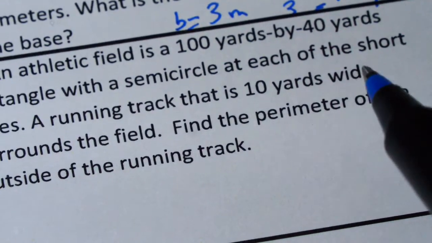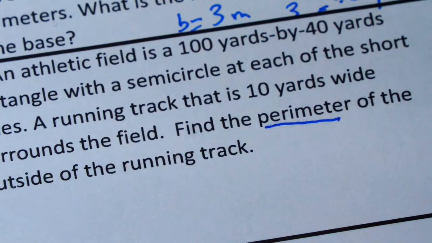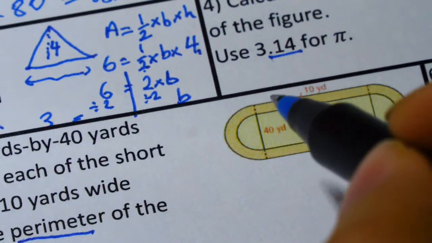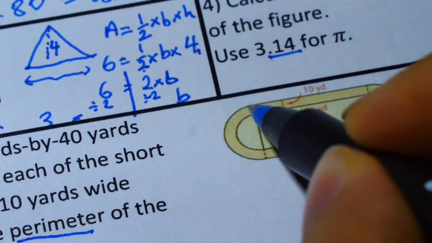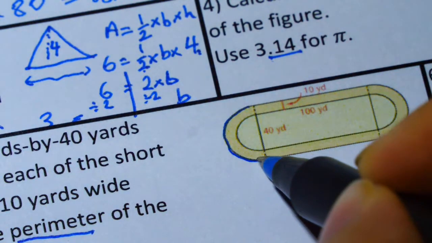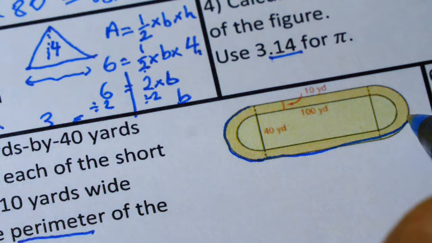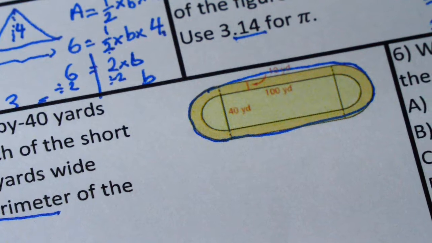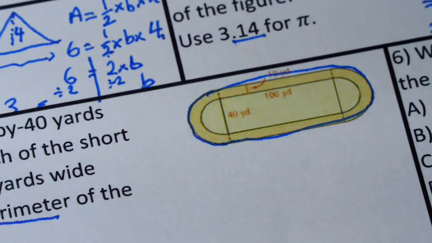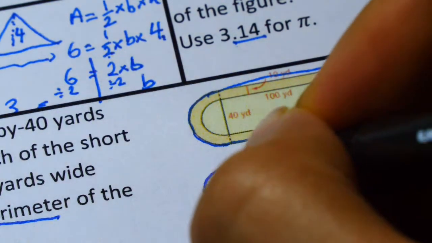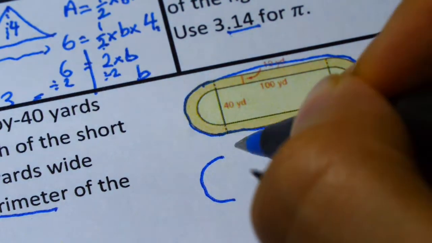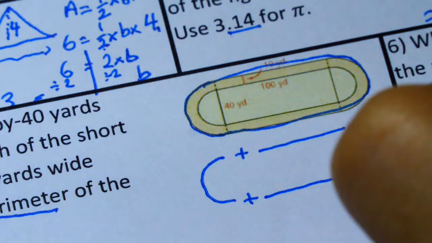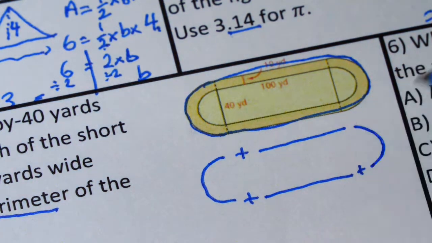Find the perimeter of the outside of the running track. So we want the perimeter of the outside of this running track, the distance here. Okay, so I need this distance plus this distance plus this distance plus this distance. Okay,